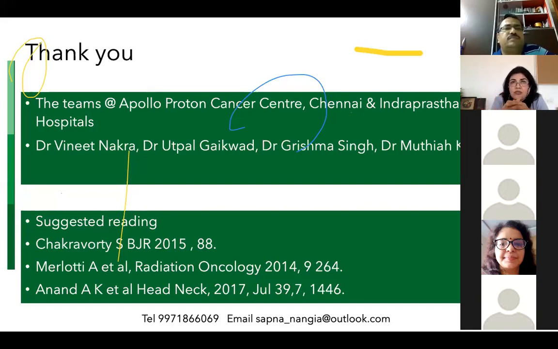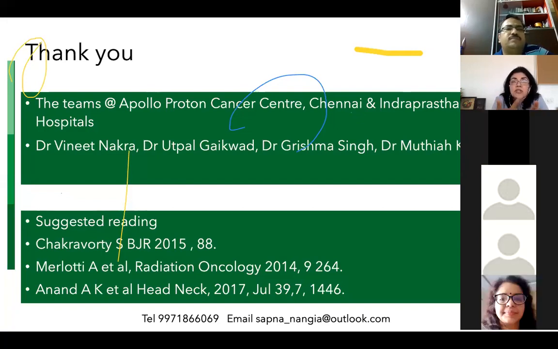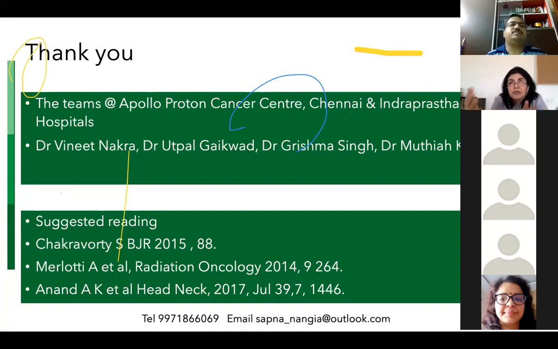But yes, we keep a close eye to see if the depth is changing. For example, if the patient has weight loss, weight gain, edema, change of air cavity to fluid or fluid to air. So those things really impact. And for that, every day we do a cone beam CT and we pay attention to this besides positioning. And at every regular interval, we do what is called a QA-CT, where we do a CT scan and we overlay the plan on that, recalculate the plan and see what has been the impact.